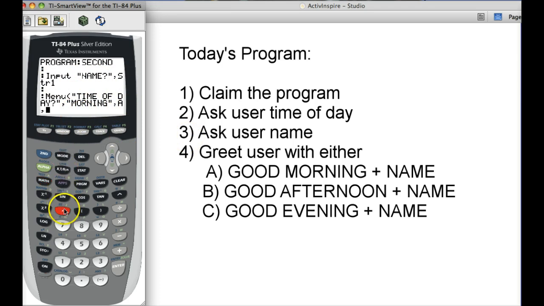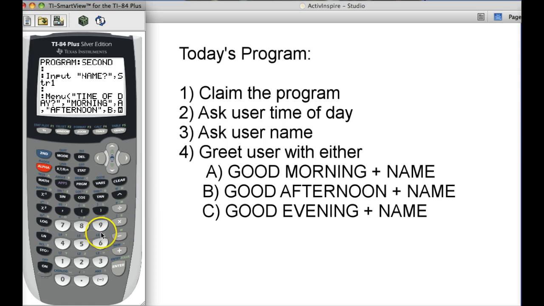So A, comma. And now I'm going to be typing a string here. Afternoon, comma, and my label for that will be label B, comma, alpha lock, and my final ask here is evening,